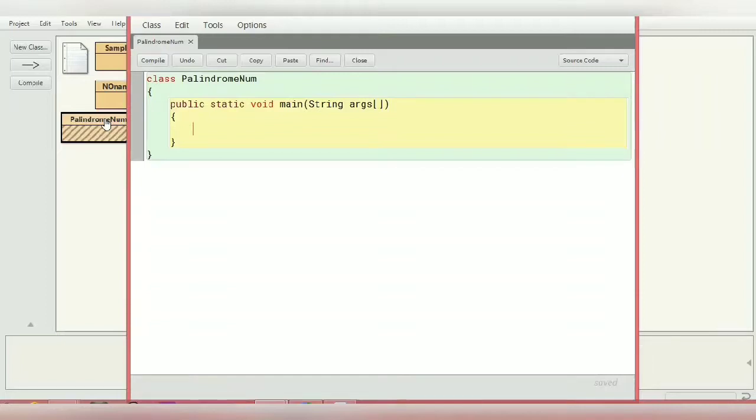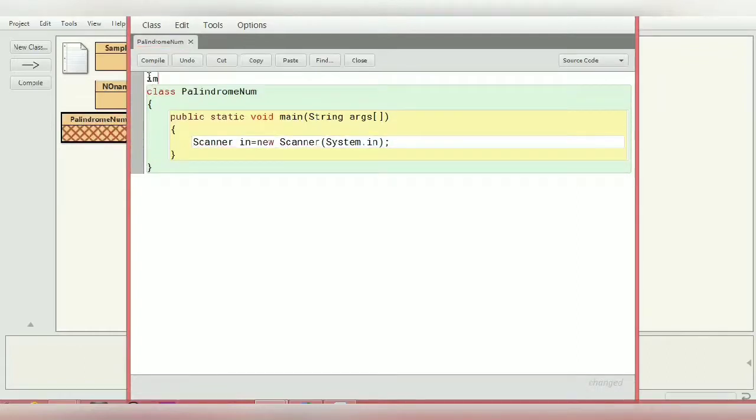Since we are going to take the input from the user, we will be using the Scanner class. So we need to import the Scanner class also. So let's do that. Sorry, the class name is Scanner.